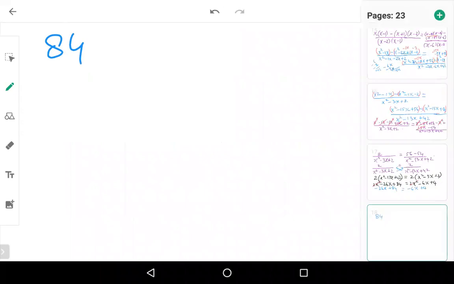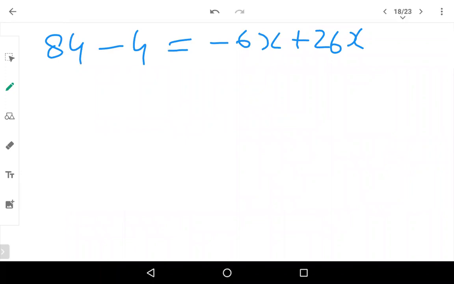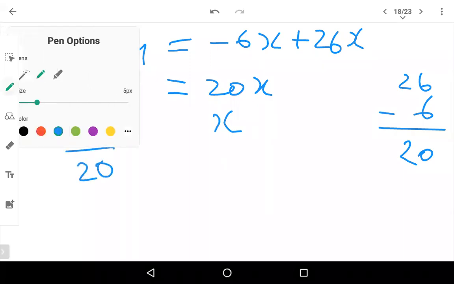84 minus, that's 84 only, right? Yeah, 84 minus 4 is equal to minus 6x plus 26x. 84 minus 4 is 80, and here if you see, minus 26 minus 6 is 20, so 20x. So x is equal to 80 by 20, so